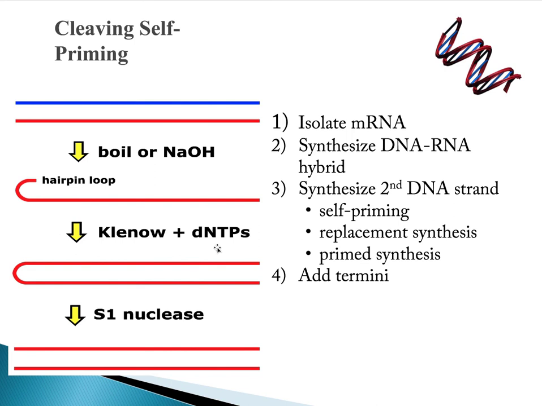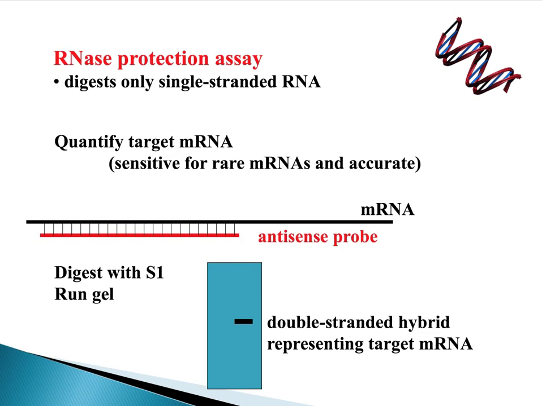Another famous example to use S1 nuclease, for example, is when you make an mRNA and synthesize a DNA-RNA hybrid. A lot of times you have this hairpin loop in your reaction, which is not bad because afterwards you can add Klenow and some dNTPs and make the second strand, and to remove those hairpin loops you can use S1 nuclease. So this is one of the things we do in the lab also. Okay, now back to a little bit